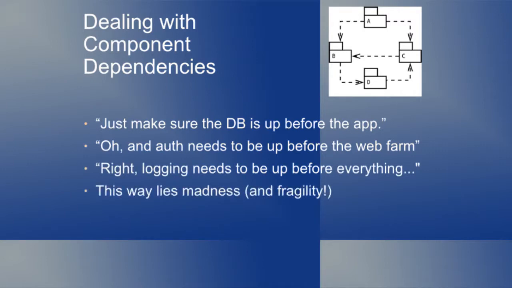This way lies madness. More importantly, failures cascade in this. As the database goes down, everything downstream of it goes down. We all know this. Recovery doesn't cascade. I get one failure causing a whole bunch of problems, and now I'm running around like mad restarting processes to bring them back up in the right order. This is not a great way to scale a process and stay sane.